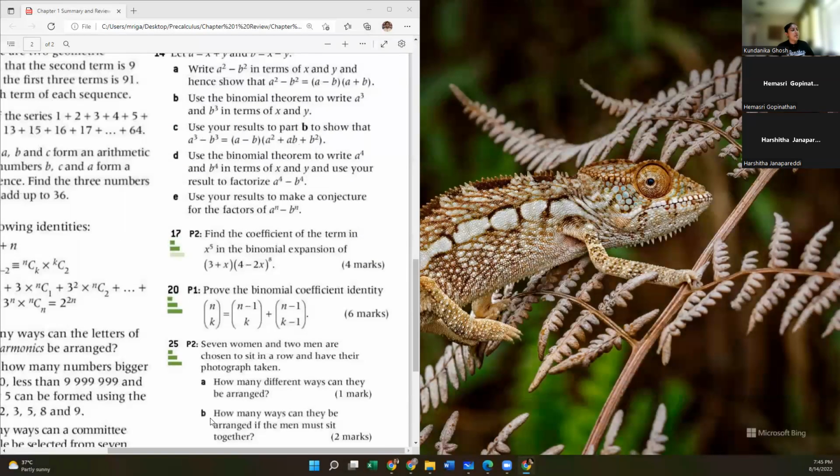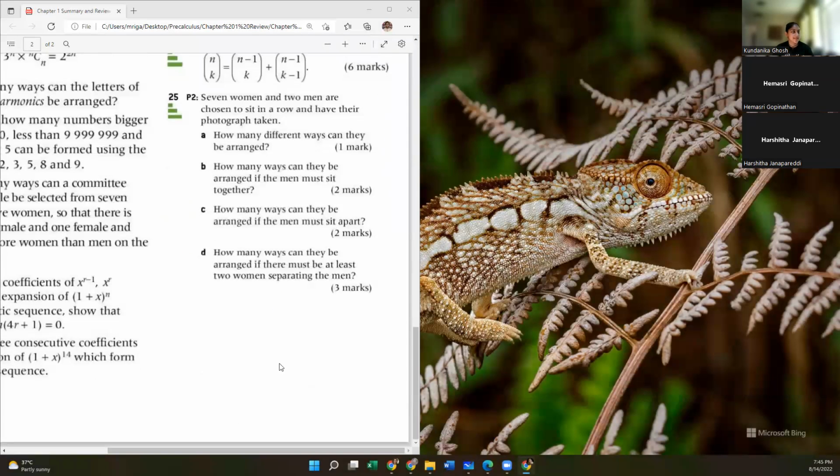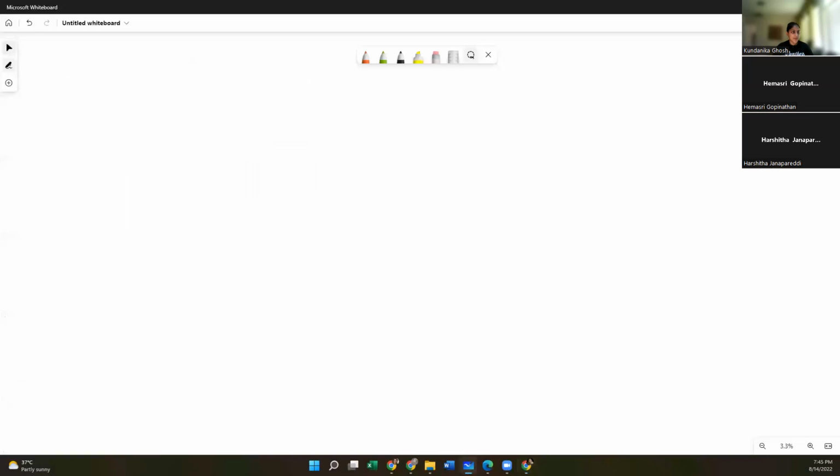And actually these last 3 problems are questions that you might see on an actual IB exam. So those are IB exam style questions, which is why they give you 1 mark, because this entire question is worth 1 mark. This entire question is worth 2 marks. This question is worth 2 marks, and then this question is worth 3 marks. So overall, this is a 4, 5, 8 mark question.